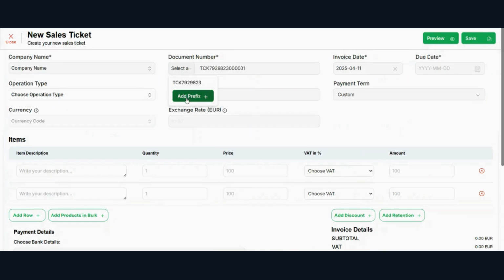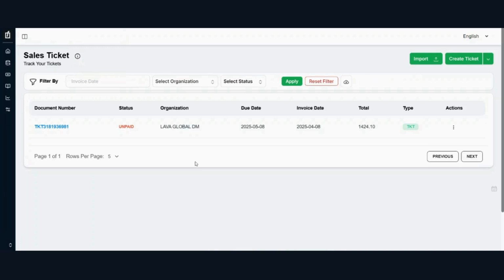See here, the steps for creating any kind of prefix are the same. You only have to enter your prefix number or code, and according to your need, you can set it as default or delete or activate, deactivate. Okay, so that's it about how to set up or how to manage your prefix via sales ticket, sales invoice, sales credit note, estimate, or purchase order, and from where you get these prefix options also.